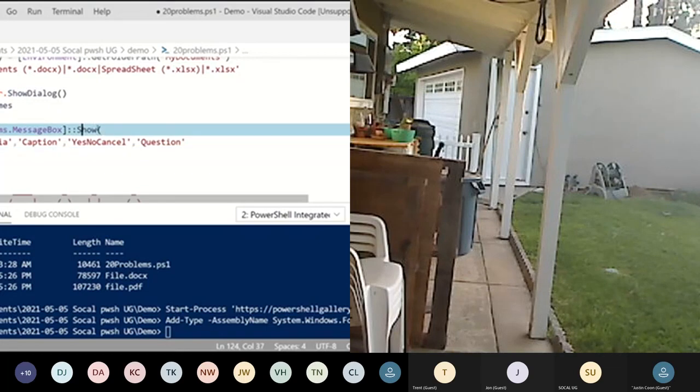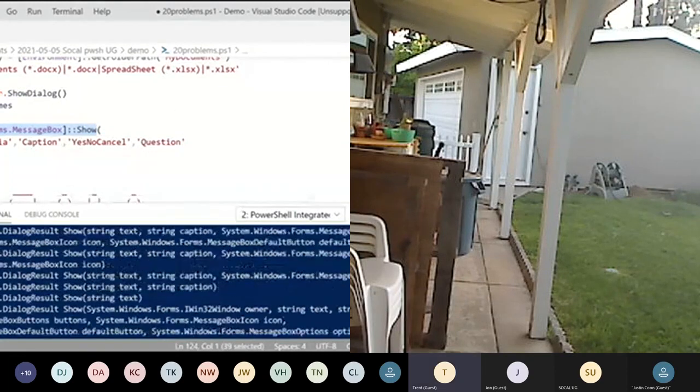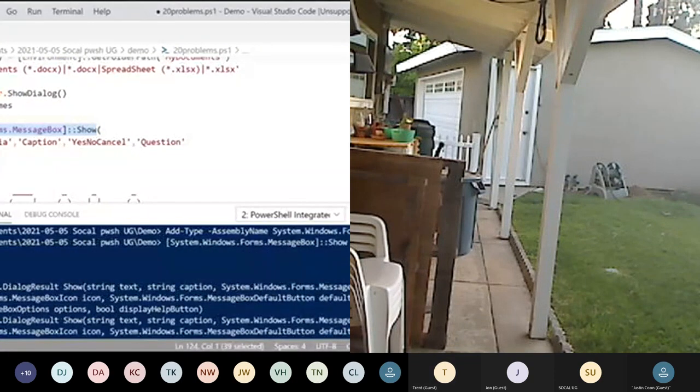So if we want to take a look at what we can fill in here, I'll run this. You can see that we get the overloads of this method, so we can get an idea without having to go online and reading through the documentation what it expects. So in this case, we have the string, which is the text, a caption, and then which buttons we want. So if I would run this,